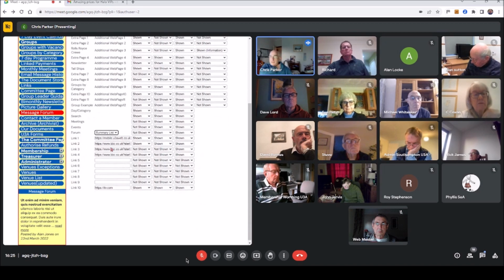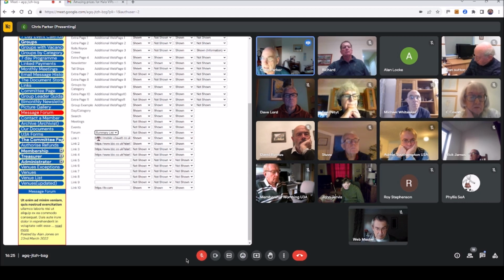Again, you've still got to name the button in the menu setup and include it. You name it there, and then you decide where it's shown, and in here you put the URL, the link to the web page you want to link to. Does anybody use that? Yeah.